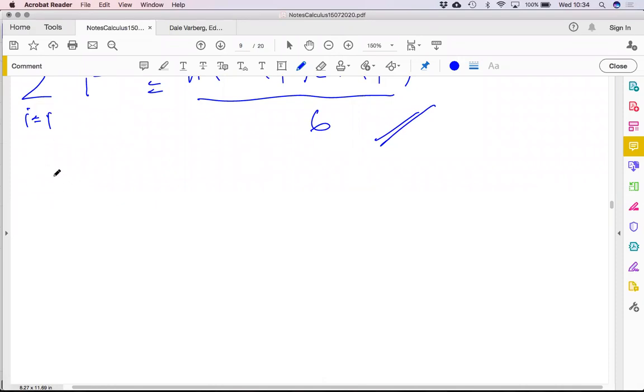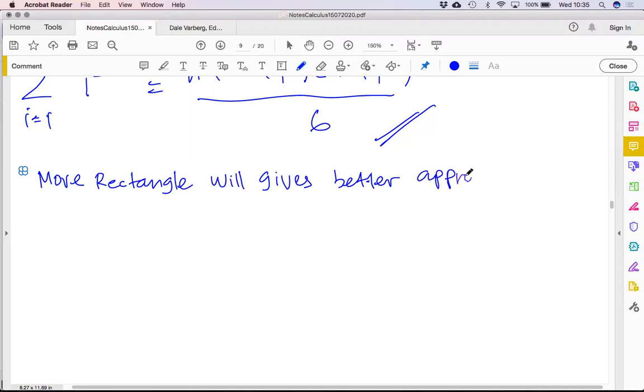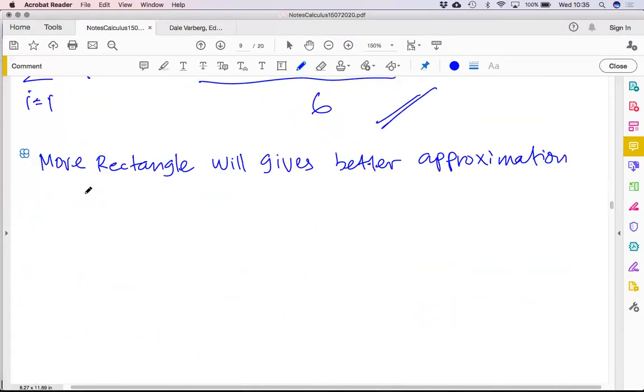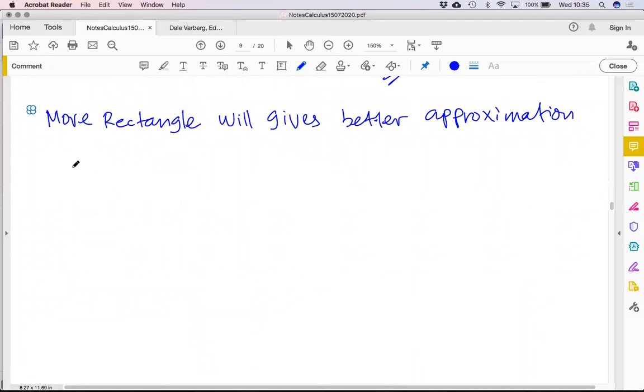The more rectangles we have in here, the better the approximation. Therefore, the exact value of S, or the area below the curve, is given